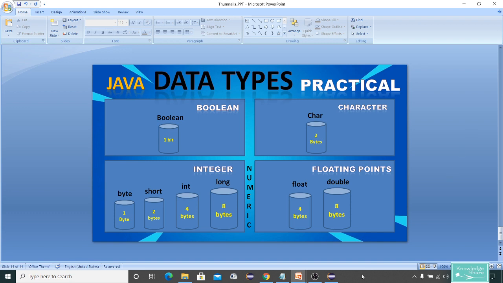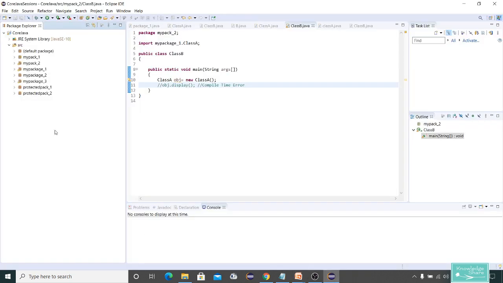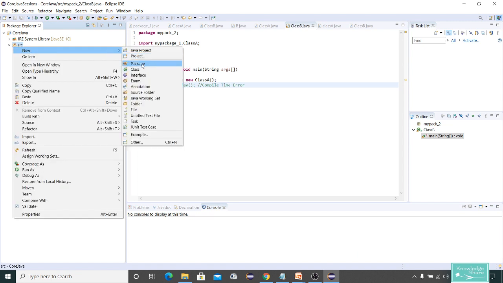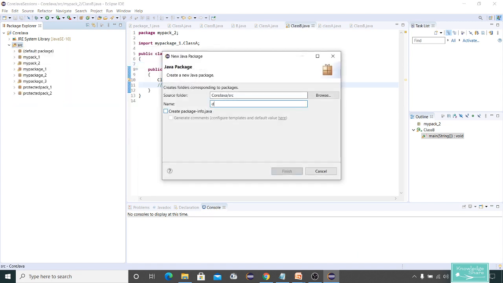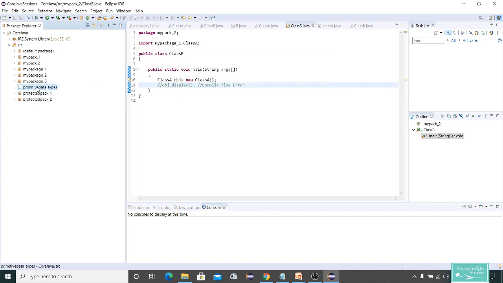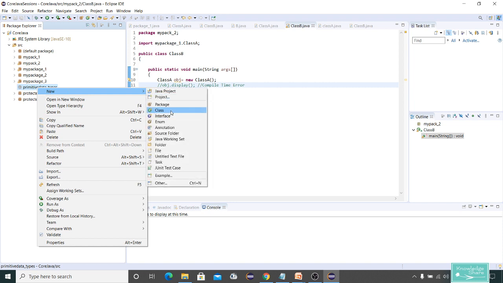Okay, let's switch to Eclipse. Let me create one more package here. I'll call it primitive data types. Okay, I'm going to create a class.